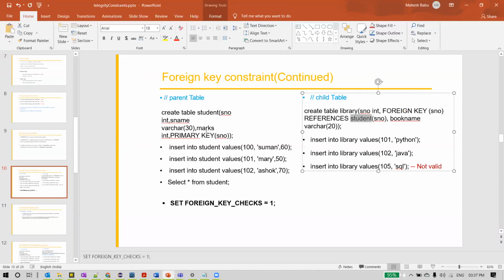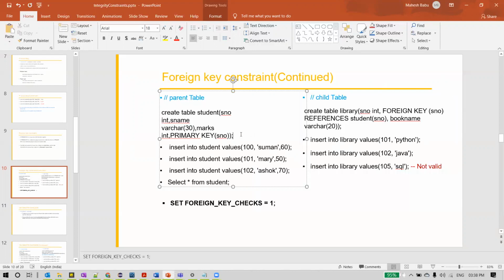Because in the student table S number is defined as primary key, and in the library table we have student number which we wanted to refer to this primary key in the student table for the reference. And this library table can have any other columns. But for the foreign key, we define one column, student number, and we reference the values for this column from the student table where the student number is defined as a primary key.